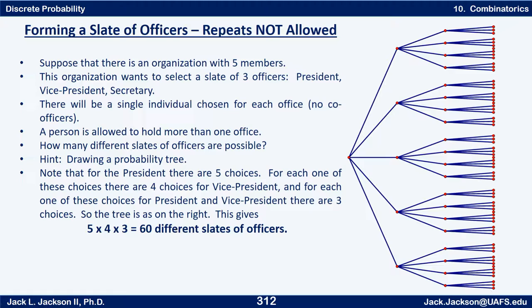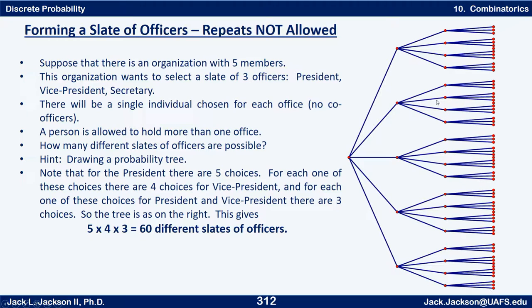Well, hopefully this is what you came up with. Let's say we choose our president first. There's 5 people to choose from, so these 5 dots here represent the 5 choices for president. Once we pick person A here, then we could pick person B, C, D, and E, but we can't pick person A for the vice president. For example, if this is person B, we could pick person A, C, D, and E,